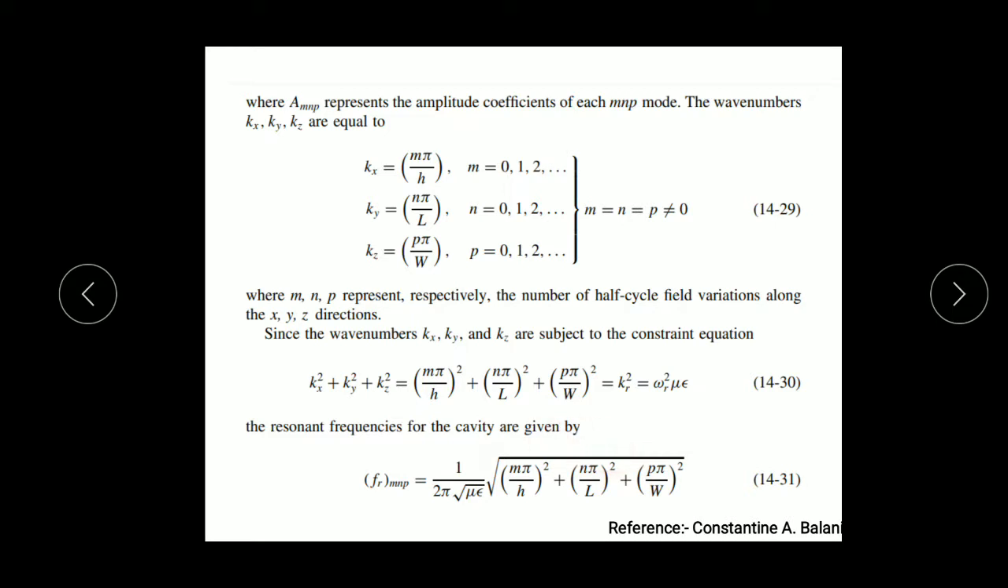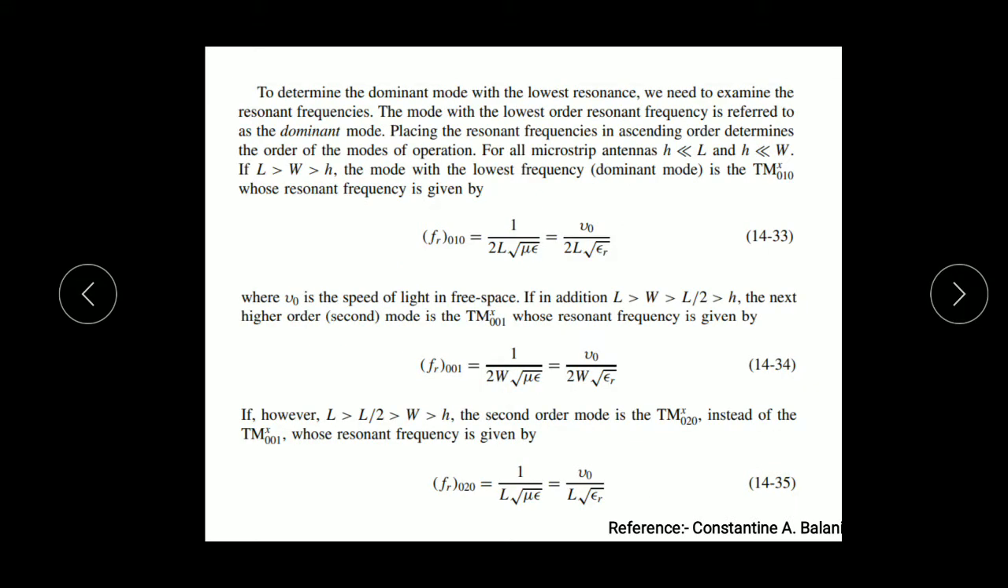Now, to determine the dominant mode with the lowest resonance, we need to examine the resonance frequency. The mode with the lowest order resonance frequency is referred to as the dominant mode. Placing the frequencies in ascending order determines the order of the modes of operation for all the microstrip antennas. H should be less than L and H should be less than W. If L is greater than W and W is greater than H, the mode with the lowest frequency, the dominant mode, is the